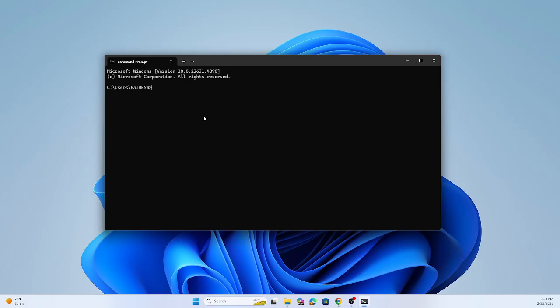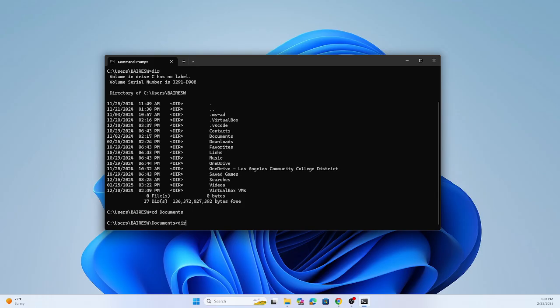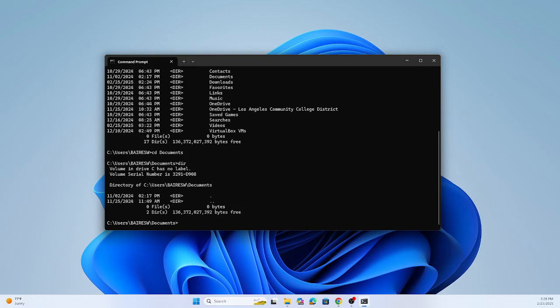So, for example, if I wanted to see which folders are available, I think I'd have to do dir. So here we can see all the folders in my computer. So we have our documents, downloads, and if I wanted to navigate to that folder, I could do, for example, documents. And there, I'm inside the documents folder. There you go. So I'm using the command line to interface with my computer.